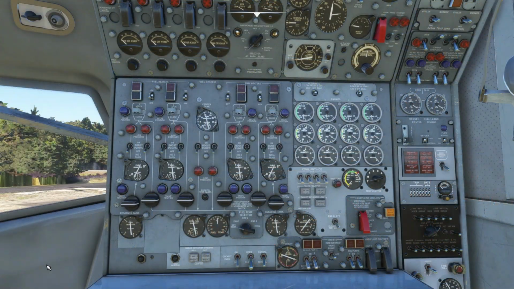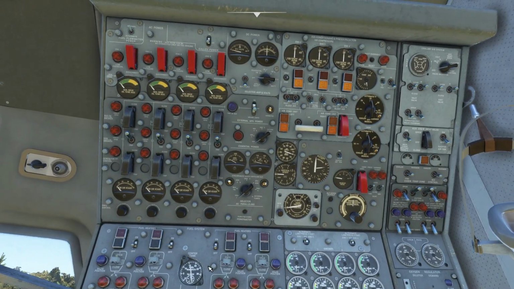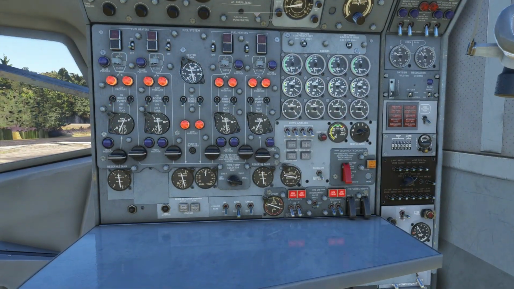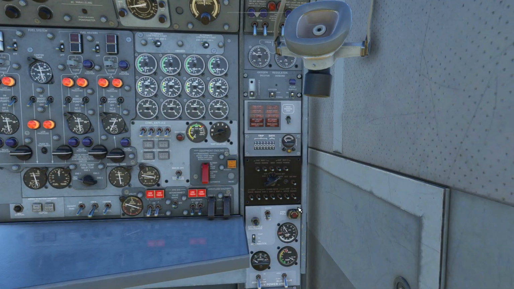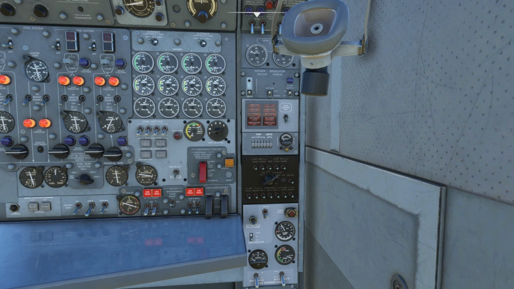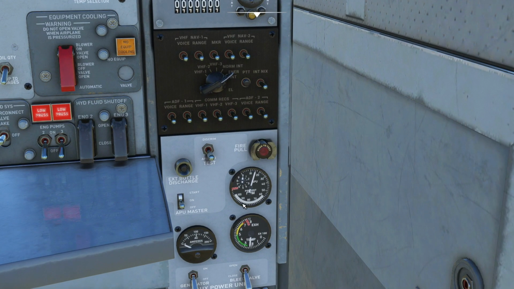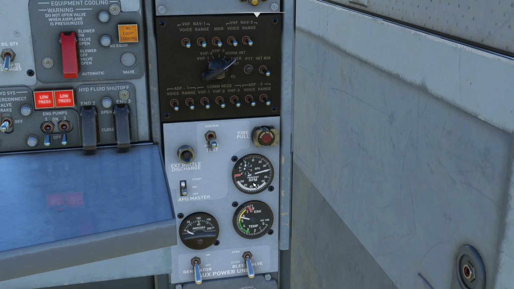So first of all we'll be turning on the battery. The battery switch is located over here, so you can go ahead and start it. Then we'll turn on the APU. The APU is located over here, so it is like any Boeing aircraft. First you move it to the start position and then to on, and then you have to wait and monitor this RPM. It should be above 90% over here, and once it reaches above 90%, we'll turn on the generator